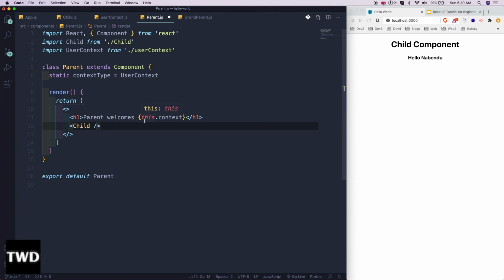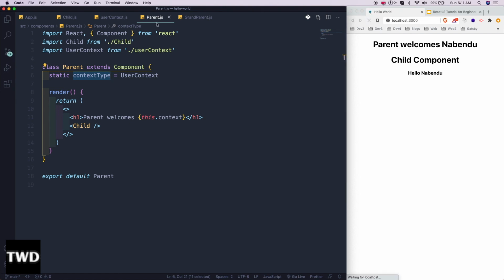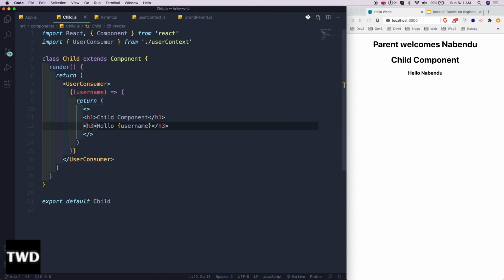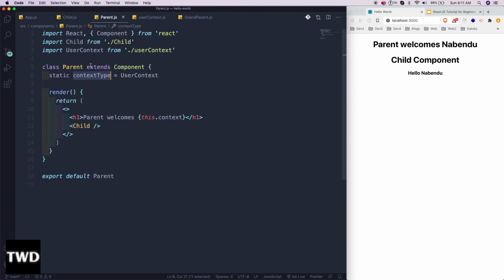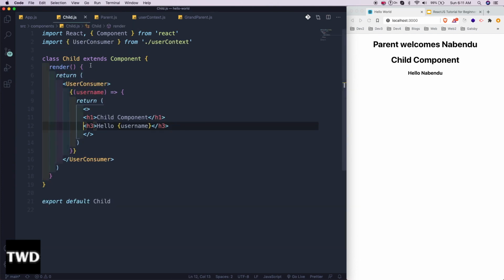So see, this is so simple, but it has got a lot of keywords. User context we are importing, then static context type, this is also a keyword, and we are using this, and then this dot context we can use. So simple it is. Let me save it and show it, it is working. In comparison to the child, where we had to wrap it with the user consumer, it is very easy. So this is all about the context API, and I hope you use it in your smaller projects,